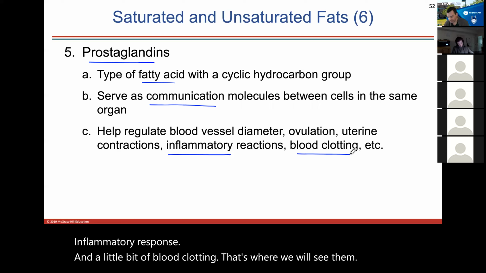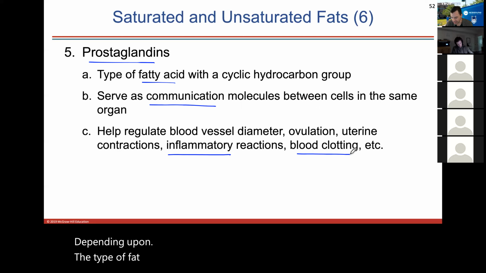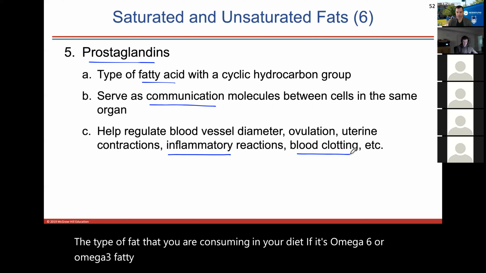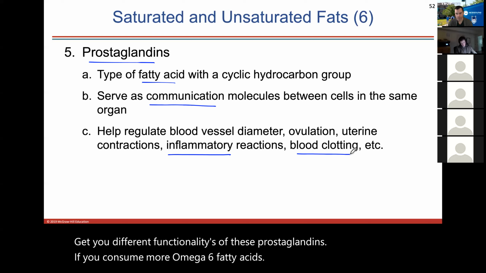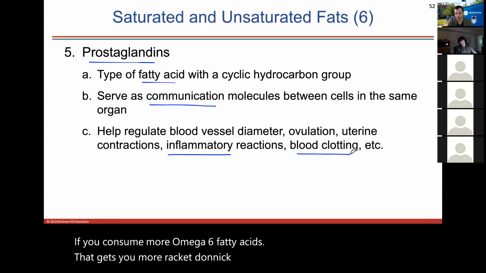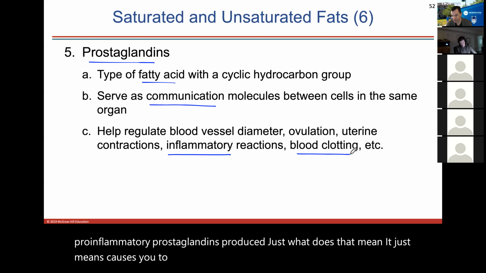Depending upon the type of fat that you are consuming in your diet, if it's omega-6 or omega-3 fatty acids, you get different functionalities of these prostaglandins. If you consume more omega-6 fatty acids, that gets you more arachidonic acid, and that gets you more of the pro-inflammatory prostaglandins produced. What does that mean? It just means it causes you to be in an inflammatory state,